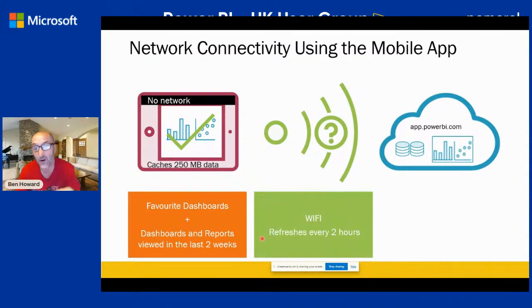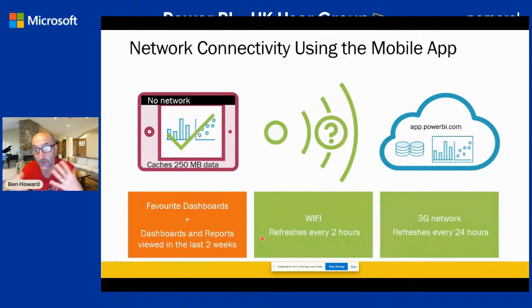By default, over Wi-Fi, it will download that and refresh it every 2 hours. And if you're on 3G, 4G, 5G, whatever you happen to be on, but on a mobile network, then that refresh will happen every 24 hours. So